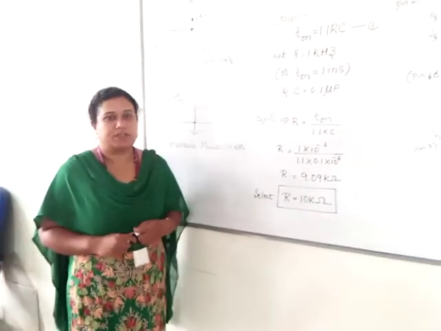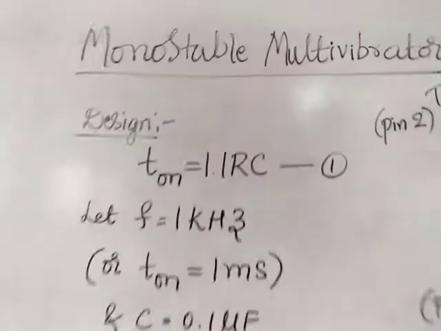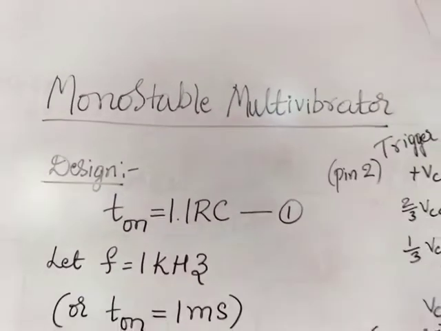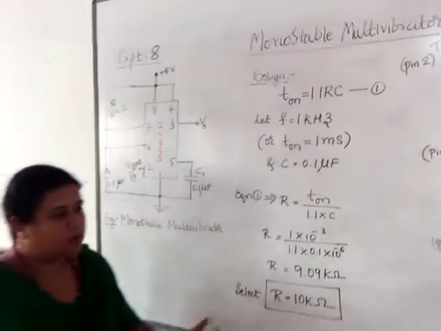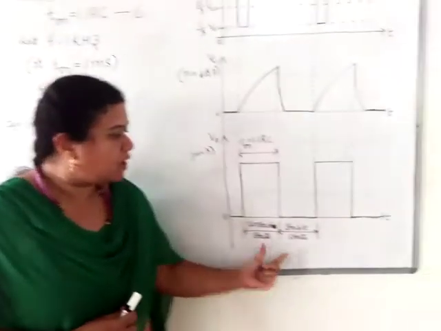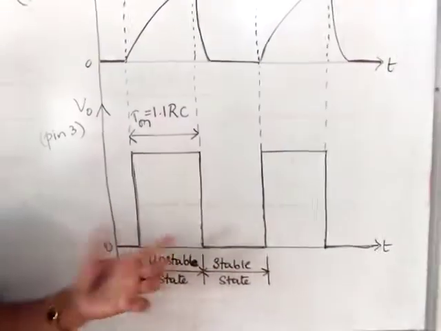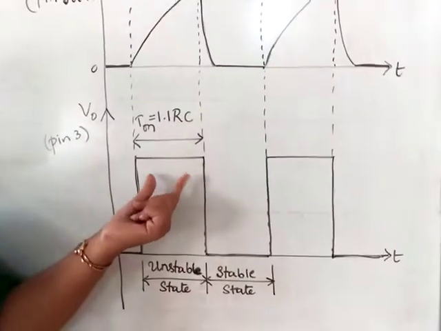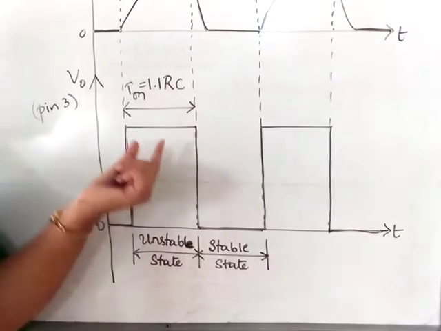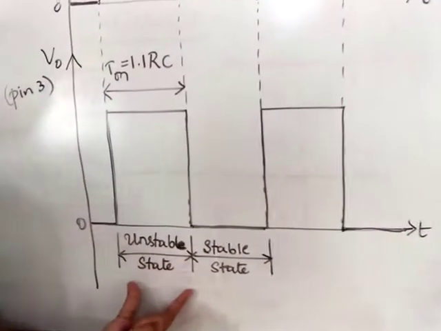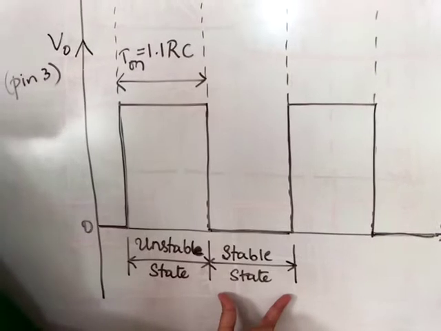monostable multivibrator. Now I am explaining monostable multivibrator. What do you mean by monostable? Mono means single. If you observe the output waveform, it is not a square wave. It consists of two periods, on time and off time. The on time is said to be the unstable state, whereas the off time is said to be